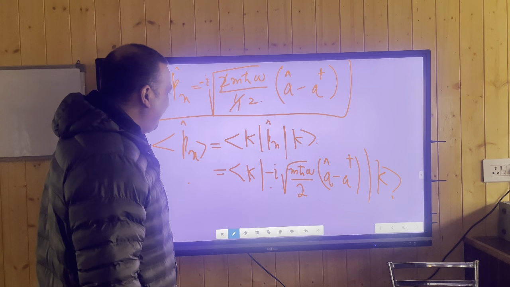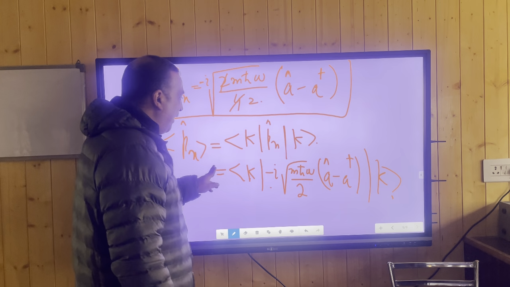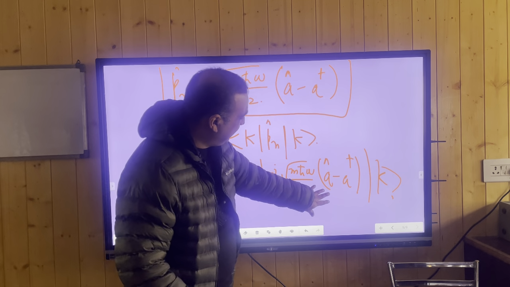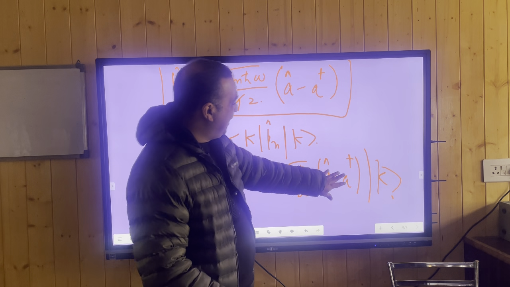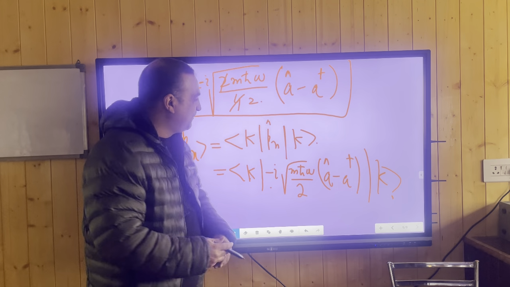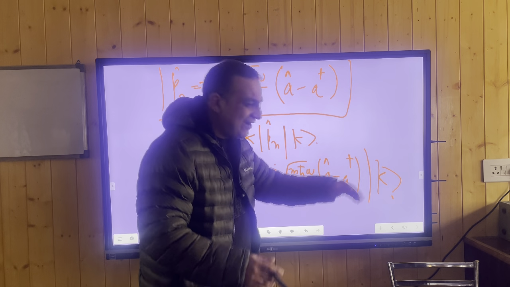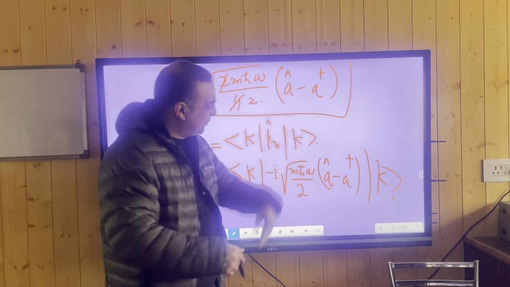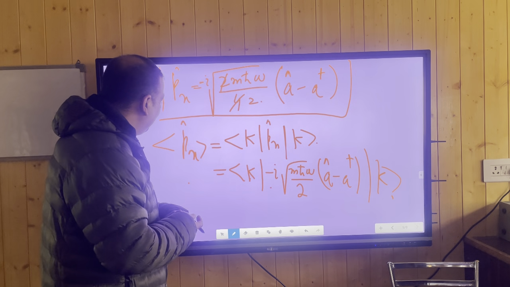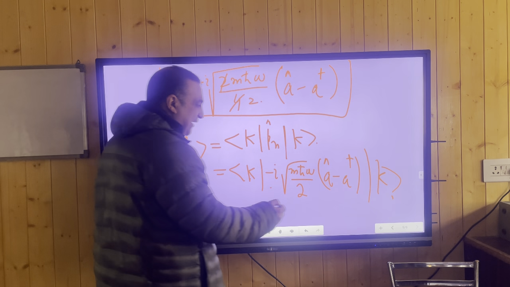So what can we expect from this? Here we can directly look for the result for this equation. We will have two terms. One term will be in terms of the annihilation operator, another term in terms of the creation operator. You will have two different brackets as in the previous case, so that will be 0, and this will also be 0 because you will have two different brackets. So the expectation value of momentum will be simply equal to 0.